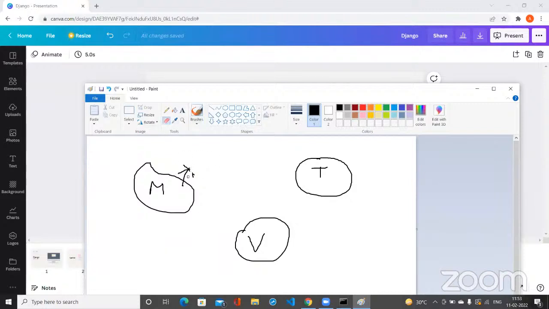Okay, sorry for my handwriting. So here M will be the basic requirements, it will store all the database. It will be a database directory